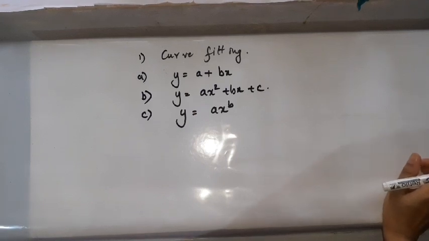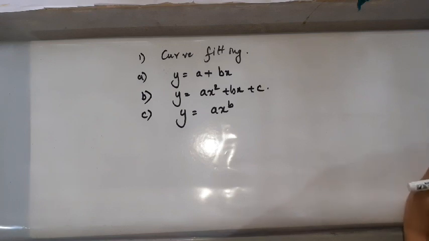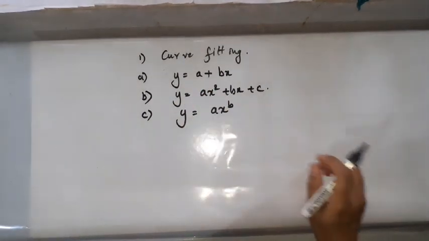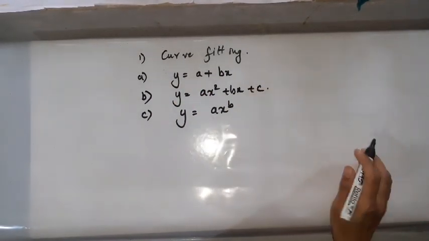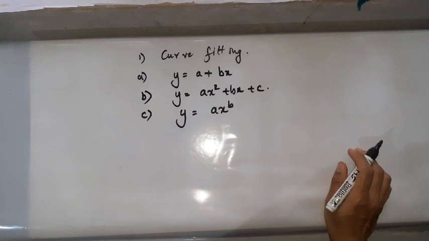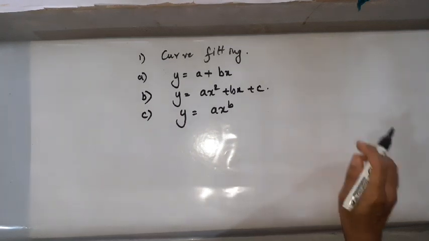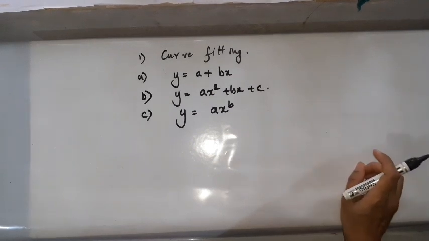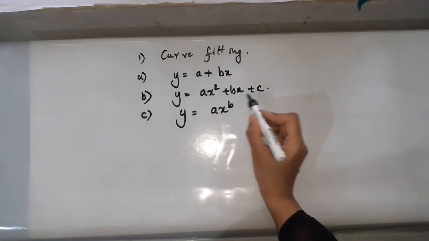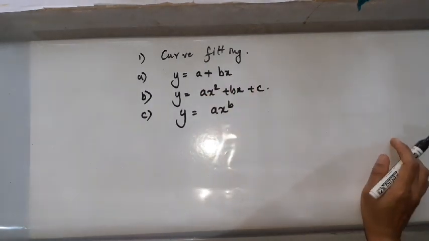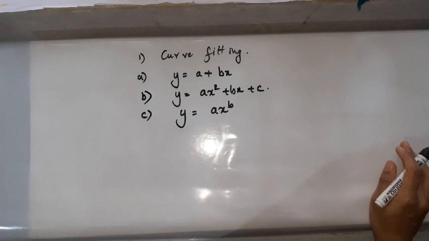And in curve fitting, you basically have in your syllabus 3 types of curves to fit, okay. The first is the straight line, the linear equation you see here, y is equal to a plus bx. Second one is called a parabola, okay, because it's quadratic in nature. So y is equal to ax square plus bx plus c. And the third one is y is equal to a into x to the power b, okay, where these constants a, b, c, a, b, everywhere we have to determine by the method of least squares, okay.